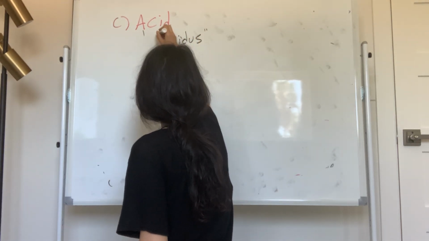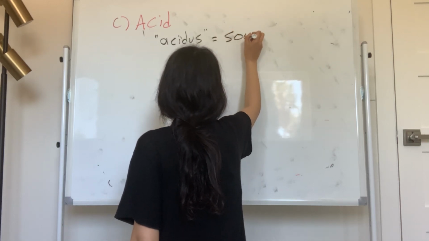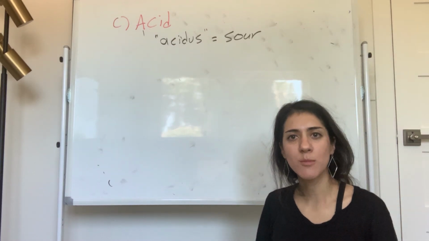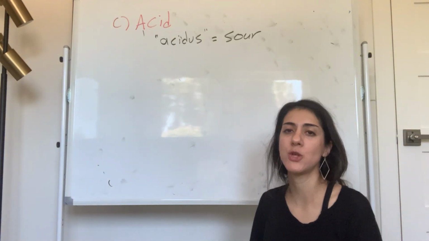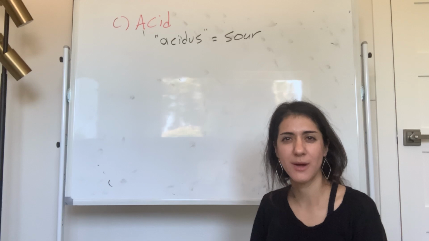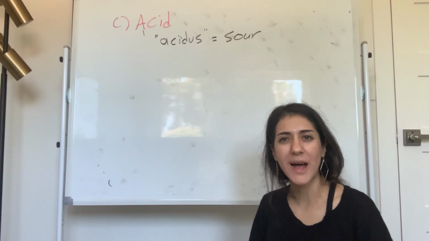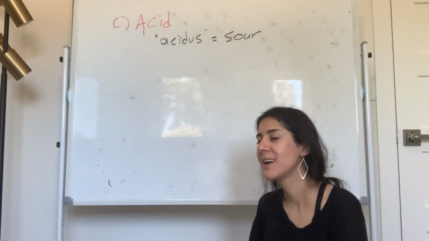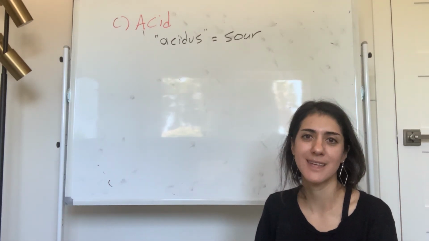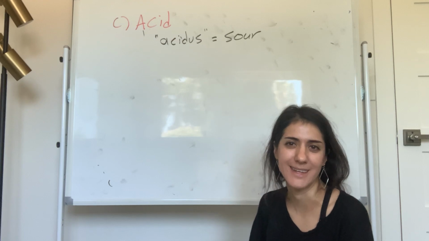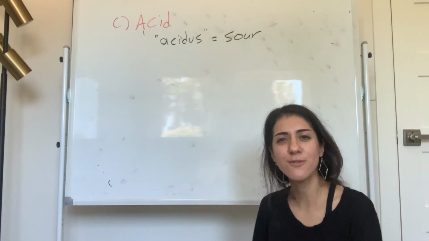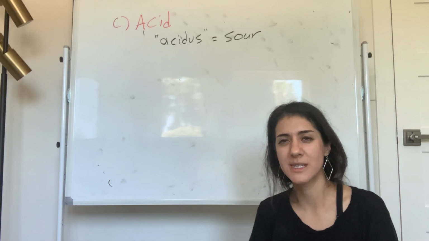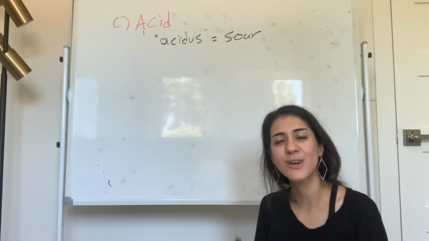And what acidus means is sour. Now, tell me some of the acidic foods that you eat all the time. Oranges, right? Grapefruit. Those are all acidic foods and they taste sour. And every time I ask this in class, someone says Sour Patch Kids. No, they're not acidic. They're not real acid. So any citrus fruits that you consume have a sour taste, and that's because of their acidic